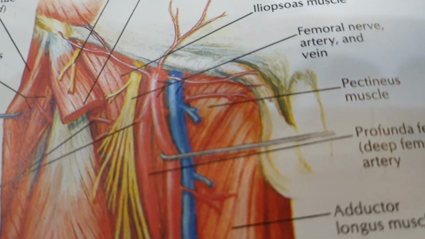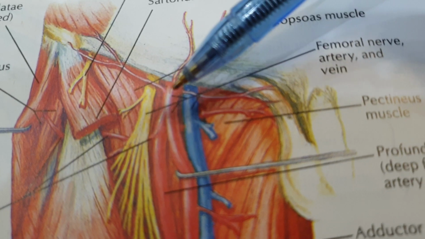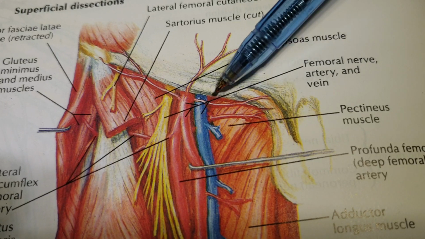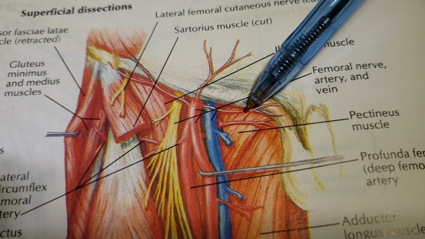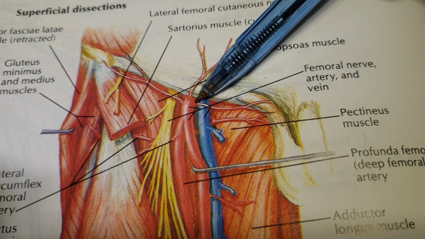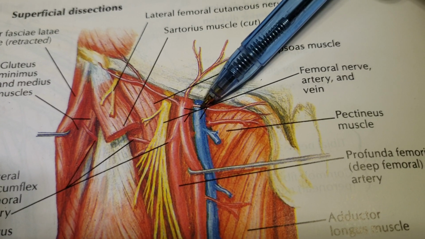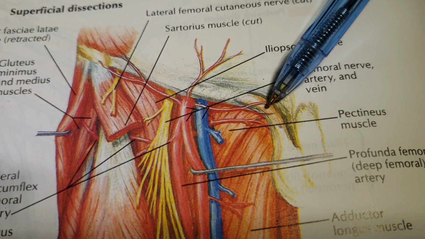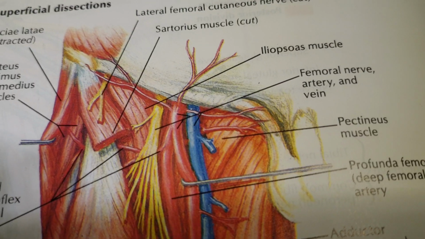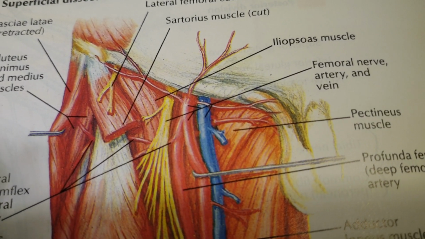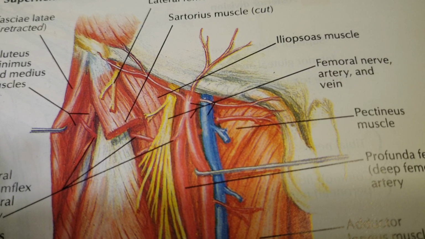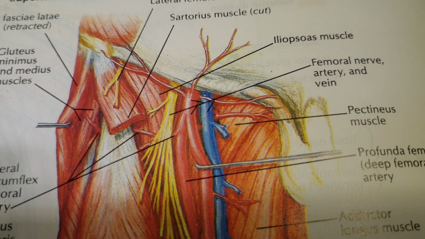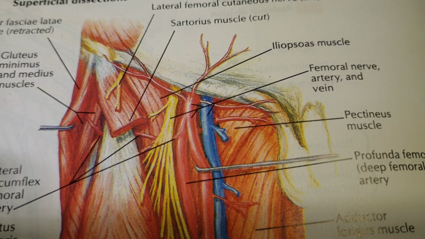The third superficial branch is the superficial external pudendal artery. This artery which you can see here arises from the medial aspect of the upper part of the femoral artery. It also runs in the superficial fascia and moves towards the medial side. Here it supplies the skin of the lower part of the abdomen and also the skin of the genitals, and it anastomoses with the internal pudendal artery, which is a branch of the internal iliac artery. So these were the three superficial branches of the femoral artery.